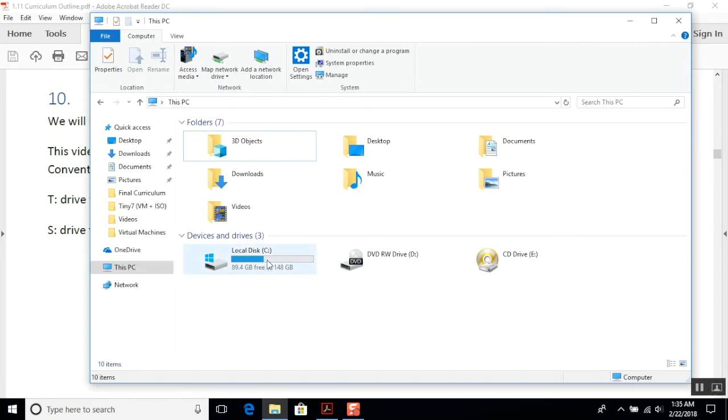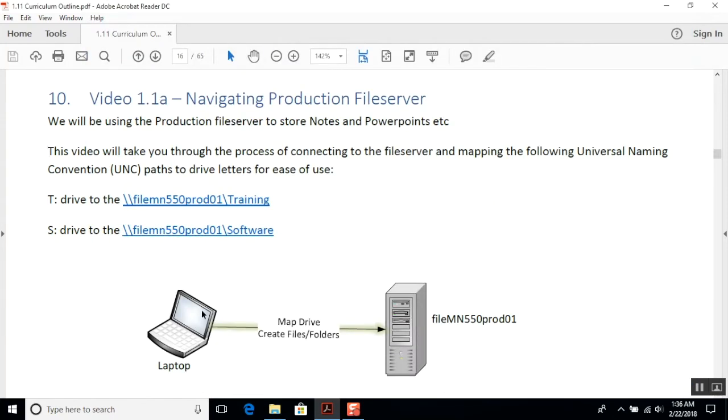So we're used to working with physical drives, like the C drive is the actual hard drive that's in your computer. The D drive is the physical DVD that's in your computer. Likewise, if you were to plug in a physical USB, it would show up as the F drive, so that's the physical USB. The big difference here is you're now connecting to a share that's loaded on the file server,